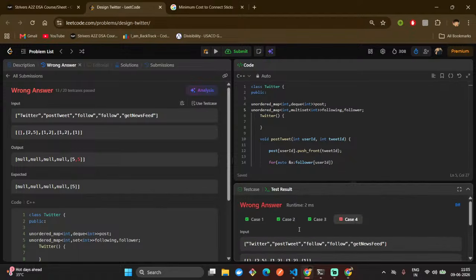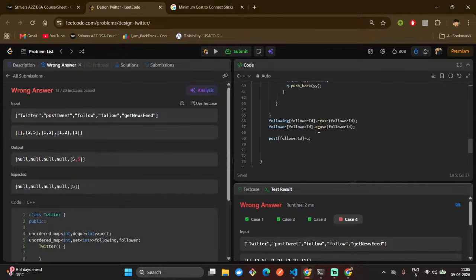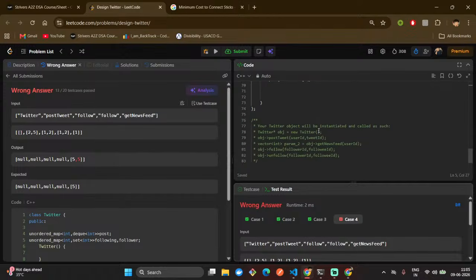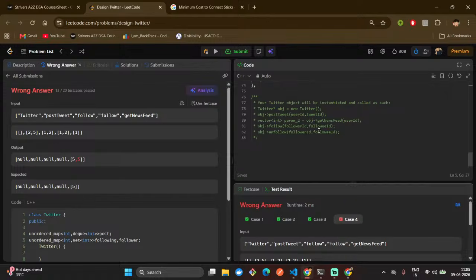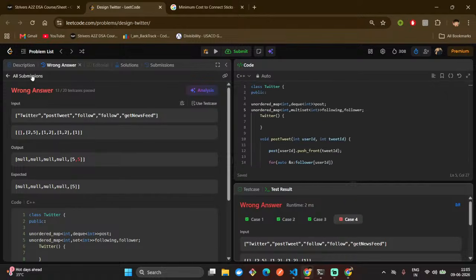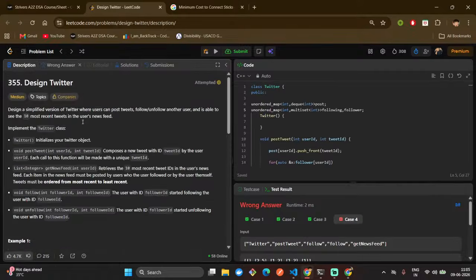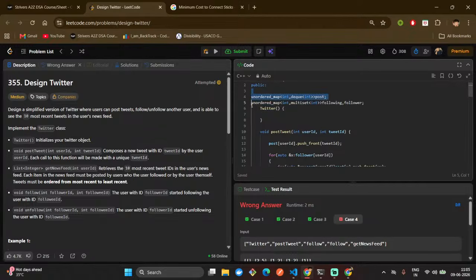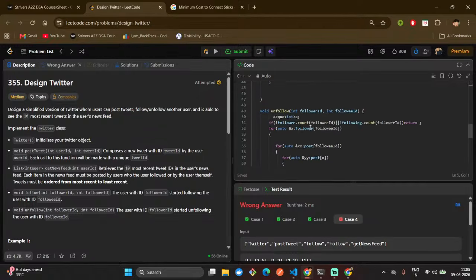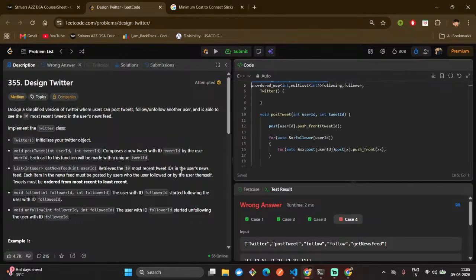Single values. Duplicate values. If you use the vector, don't think so. This can solve. So what we have to do now, we derive all the data structures like map, queue, follower, multi-set. Nothing much. But what we have,